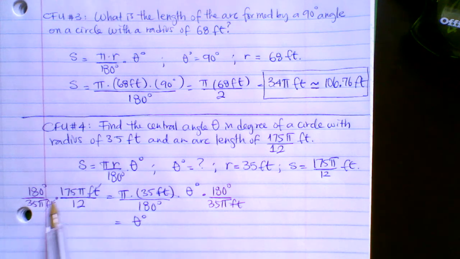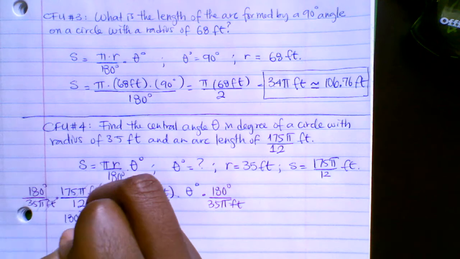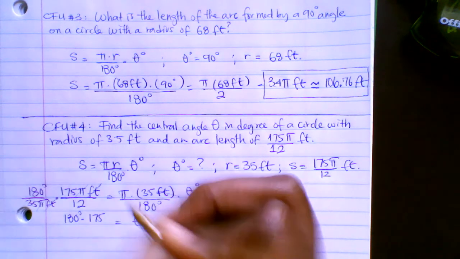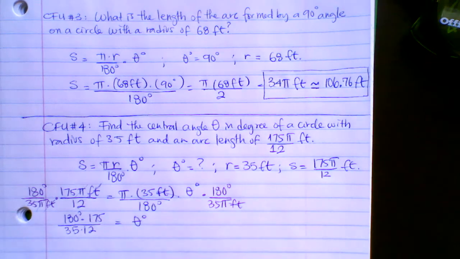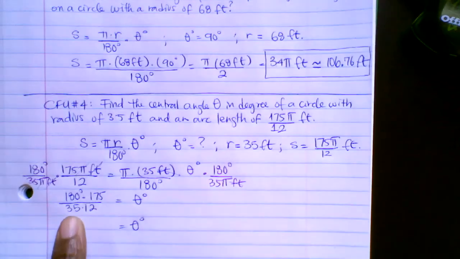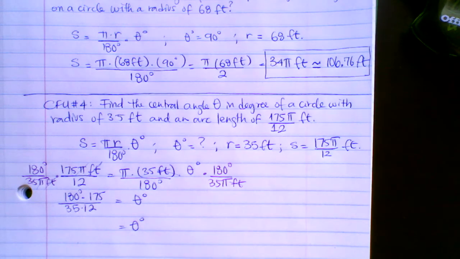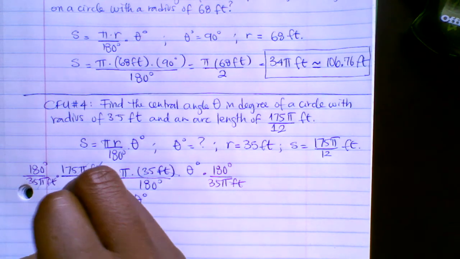I have pi on top and below. A number divided by itself simplifies into 1 whole, just 1. Then what you're left with is 180 degrees times 175, everything divided by 35 times 12. Okay, so let's multiply. 180 times 175, we end up with 31,500